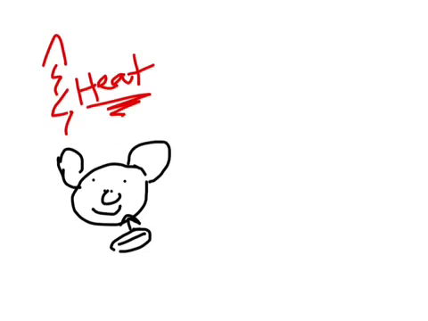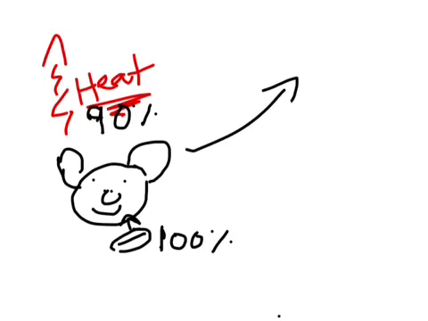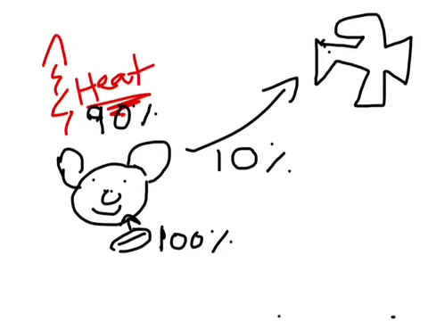What actually ends up happening, and this is just a ballpark figure, is that the mouse takes in 100% of the energy from the leaf, and he uses about 90% of it. So 90% of the energy that the mouse took in from that leaf, he's using and turning into heat. The other 10% of that energy from the leaf is going off to our hawk. It's the best hawk I could do. So even though the mouse ate 100%, only 10% of it gets carried on to the next step in the